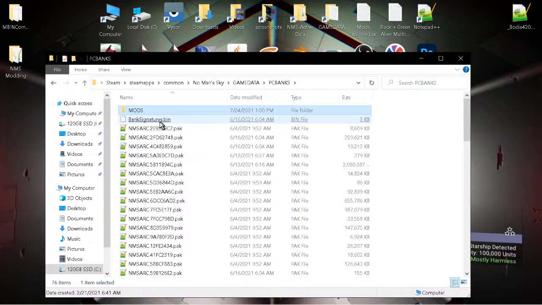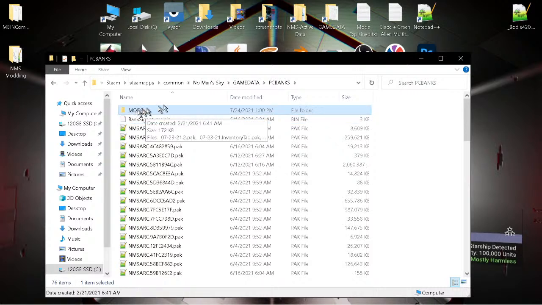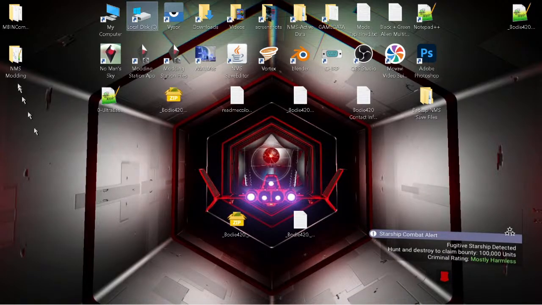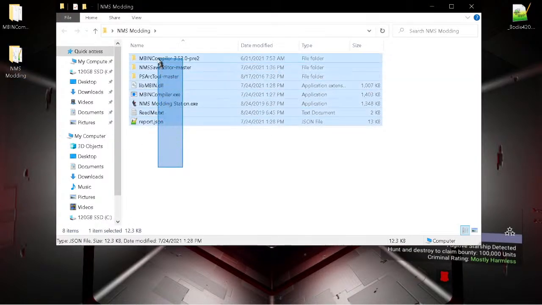And then there'll be a text file here that says disable mods.txt right next to the bin file. I deleted mine, so you can delete it or you can change it to enable mods.txt. Once you deleted disable mods.txt or renamed it to enable mods.txt and created your mods folder, now you're ready to start creating mods. So you're going to go to your NMS modding folder that you created before you started downloading everything,